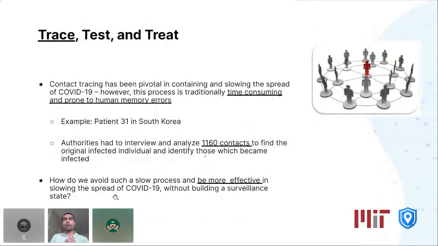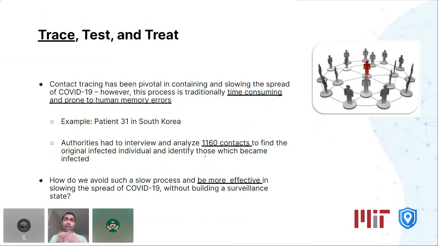And if I talk about the three main tools that we have, for any pandemic it's trace, test, and treat. We're focusing on the first one, and there are a lot of people who are focusing on the other two, but today I'll focus on tracing. And contact tracing is pivotal. It has proven to be effective in any pandemic. And traditionally, how it's been done is manual interviews. So you literally go to a health facility.